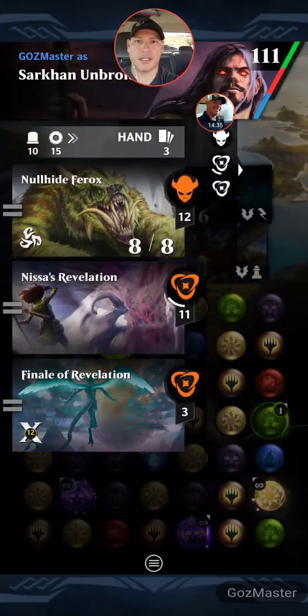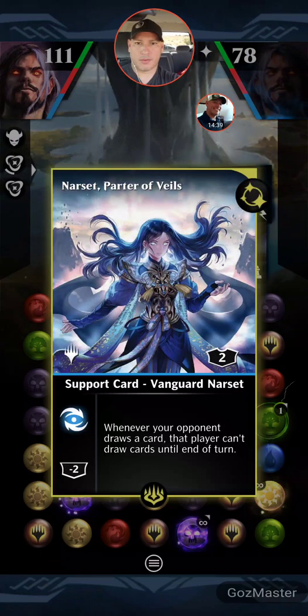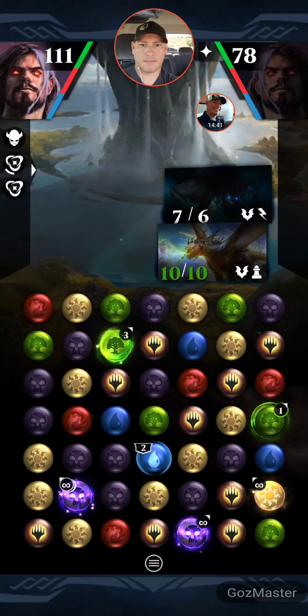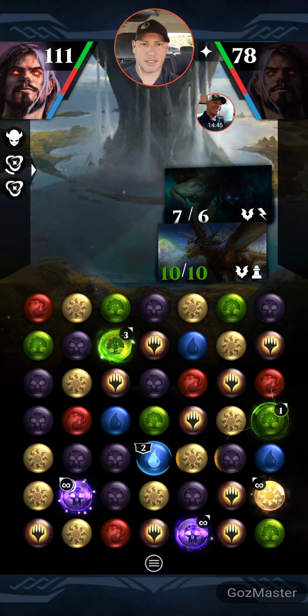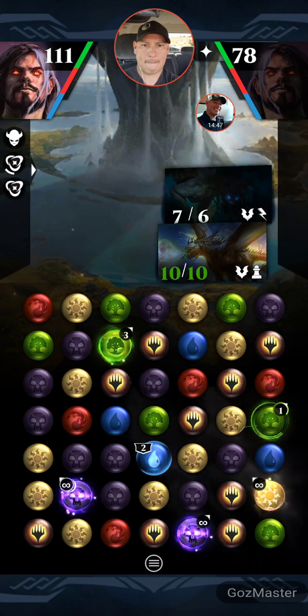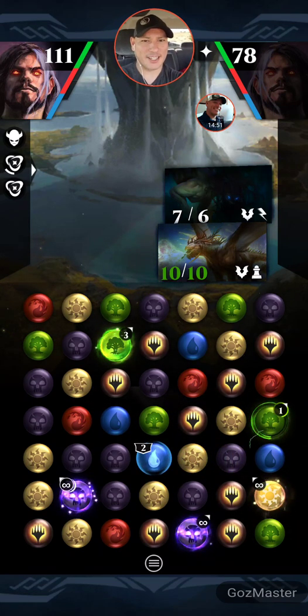Actually, no, we're going to get Nullhide back on the board. Is that risky or what? I don't have Narset on the board either. That's the other one. Or Tamiyo. I need to go get her. And go black there. See, things just got interesting. He just